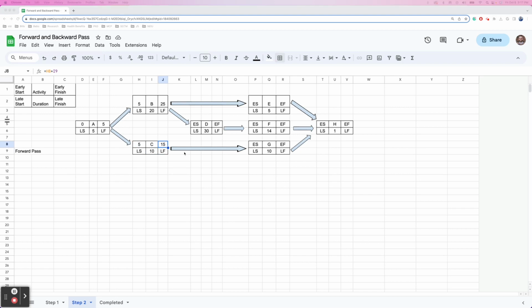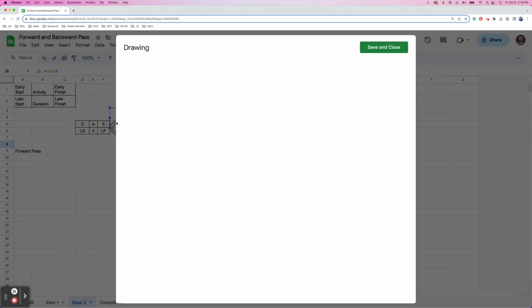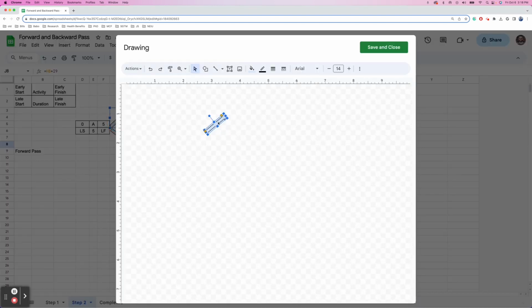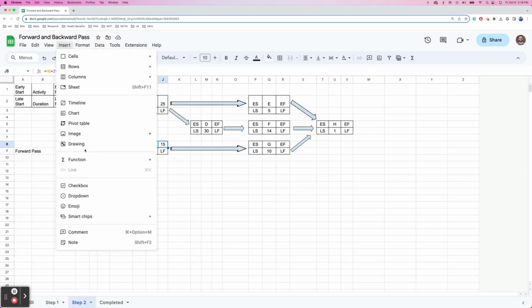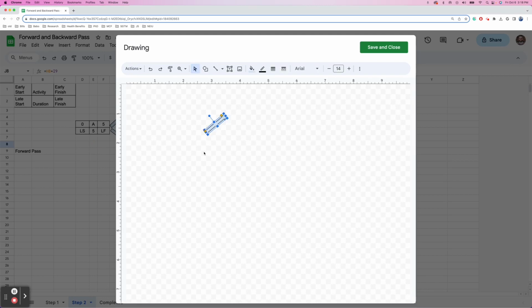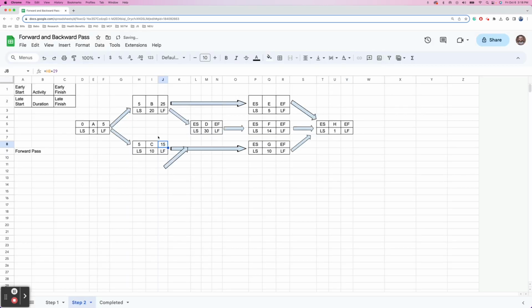Perfect. I do want to mention that the activity C will point to G and it will actually point to activity D. So let me just make sure I correct that. Insert. Again, we want to add this here. So the reason why this is important to mention is because